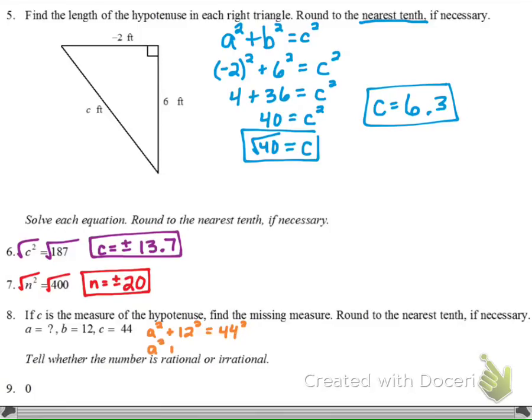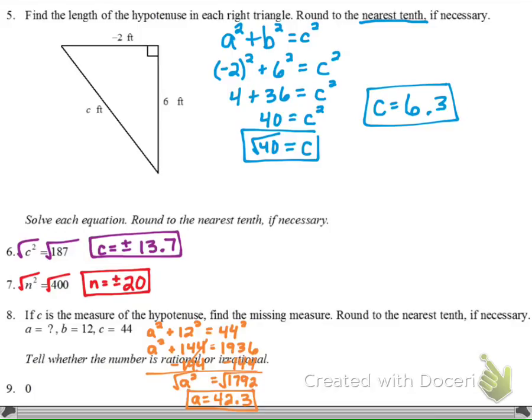Okay, so now I'm going to simplify. A squared plus 144 equals 1,936. Now I have to get the A squared by itself, so I've got to move the plus 144. So I need to subtract 144 from both sides, and that gives me 1,792 equals A squared. So now, looking back at 6 and 7, how do you get rid of a square? You square root it. So I have to square root both sides, and that gives me A equals